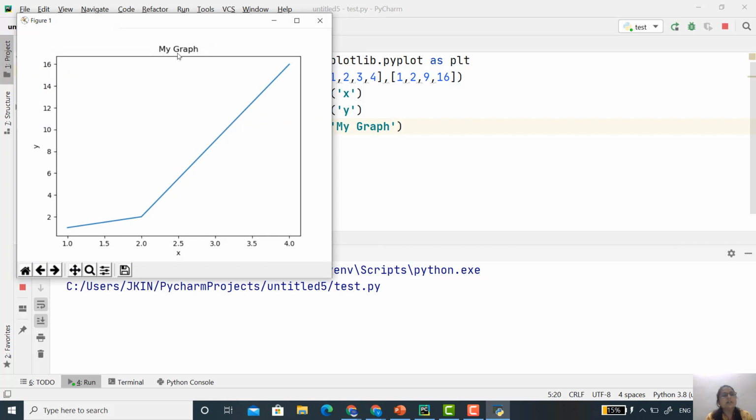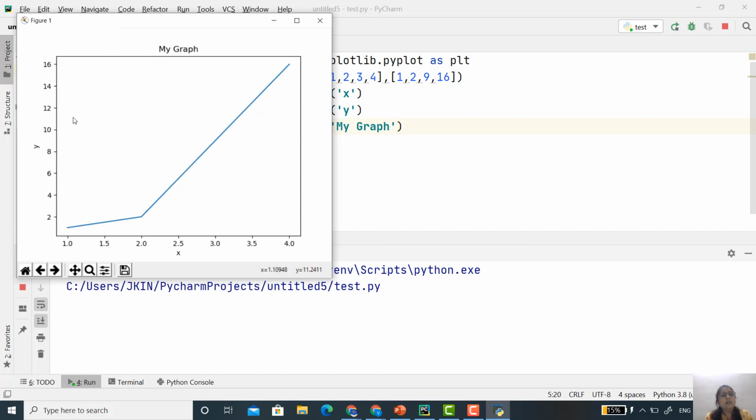See here, the title is displayed, that is my graph. So this is the way you can make your graph more informative. You can label your x-axis, your y-axis, and then you can give some title to your graph.